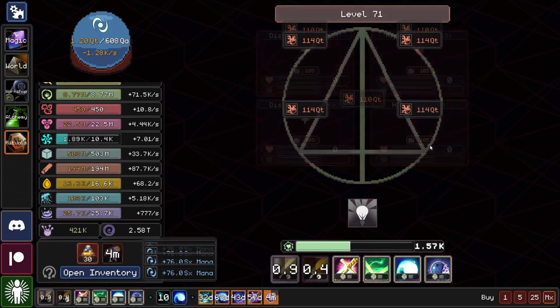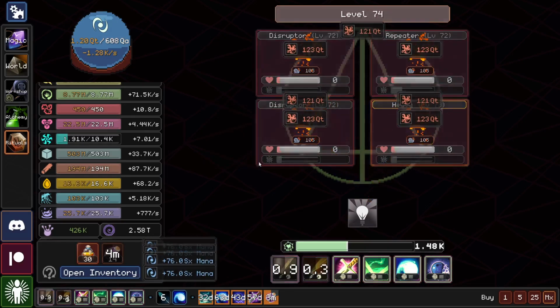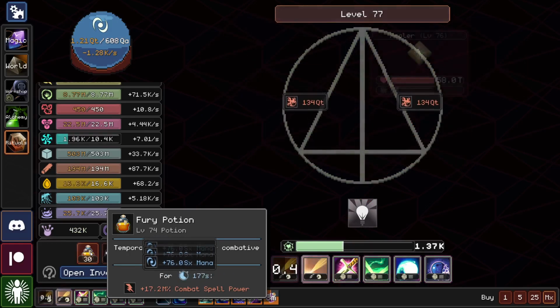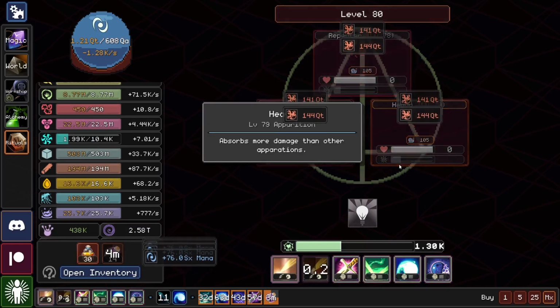Alright, so we're doing 110 quintillion. The enemies are still only in the trillions of health. And also, towards the end, we're going to have 3 minutes of 7.2 million % more spell power, so...